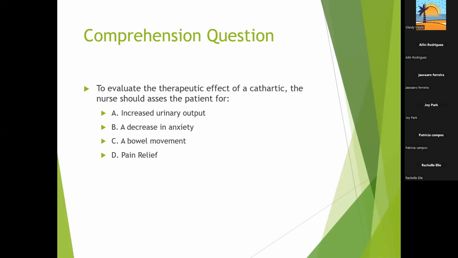To evaluate the therapeutic effect of a cathartic, the nurse should assess the patient for A, increase in urinary output, B, a decrease in anxiety, C, a bowel movement, or D, pain relief. Now,